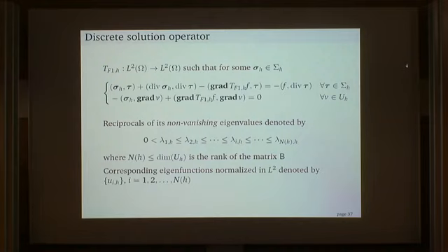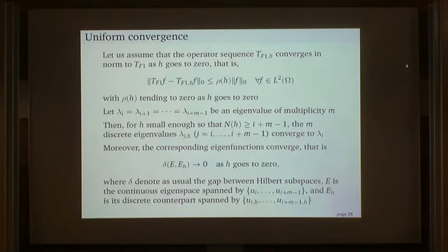Then we have the same at the discrete level. The discrete operator is again compact, of course, because it's finite dimensional. The dimension of the eigenspace, the number of eigenvalues you are computing, is equal to the rank of the matrix B, as I said before. And the corresponding eigenfunctions, normalized in L2, I will denote them by UIH. And this is the standard theorem about the uniform convergence: if you know that the discrete operator converges to the continuous one in norm, like that, so you can find some rho h going to 0 such that you have this bound,